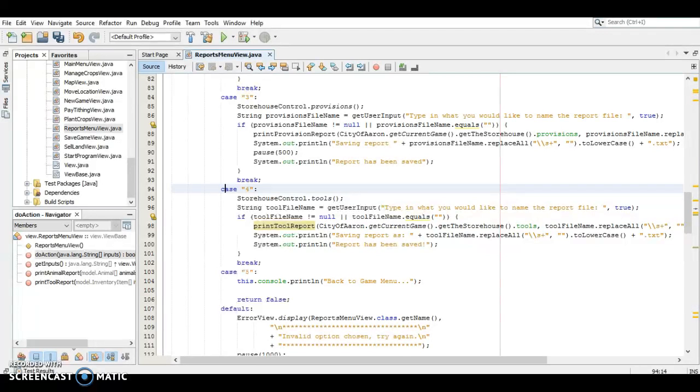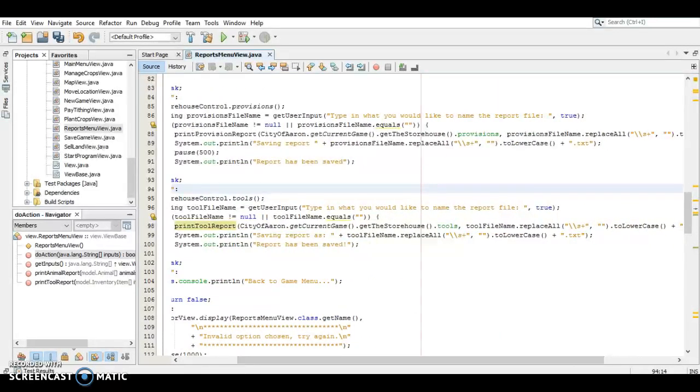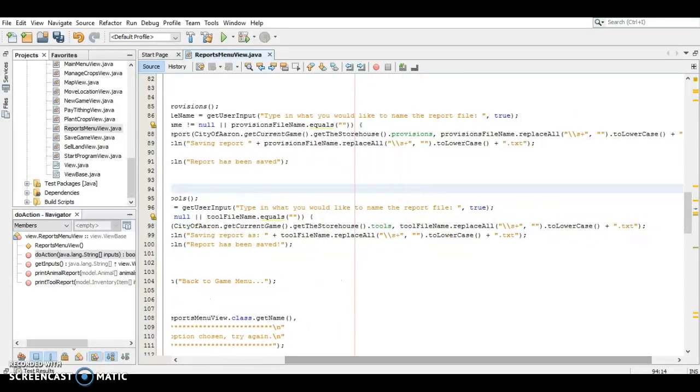They enter that information, which becomes the tool file name, and then it goes to the city, gets the current game, the storehouse and all the list of the tools, and then it replaces all, and this \\s gets rid of all of our empty spaces and things and just condenses it together. If they've capitalized anything, this will cause it to all go to lowercase, and then this adds the .txt